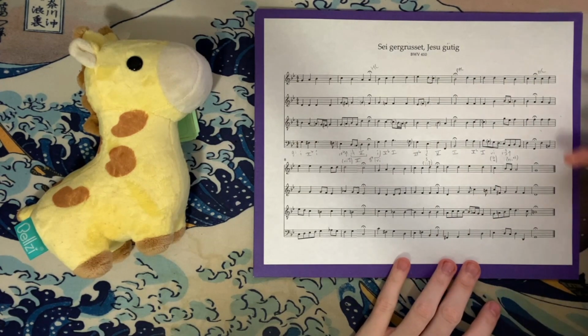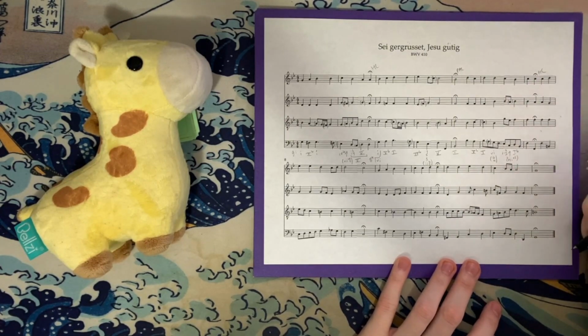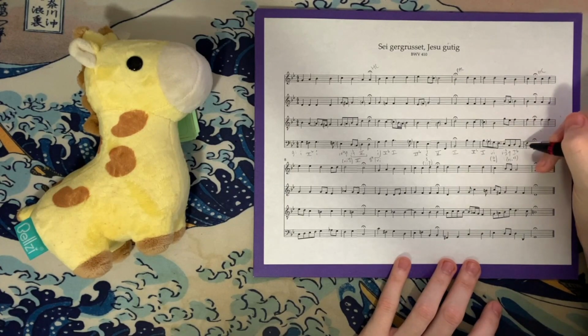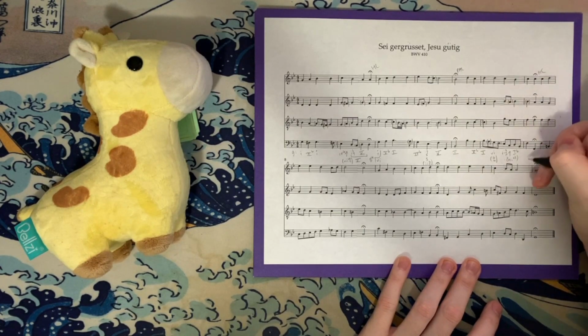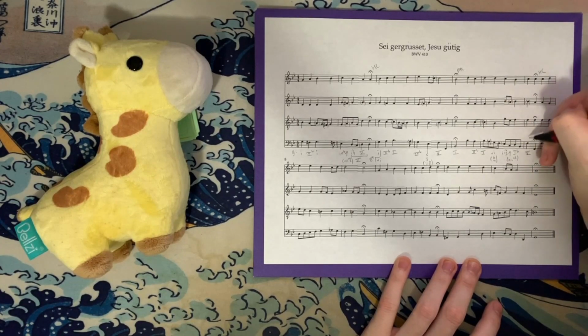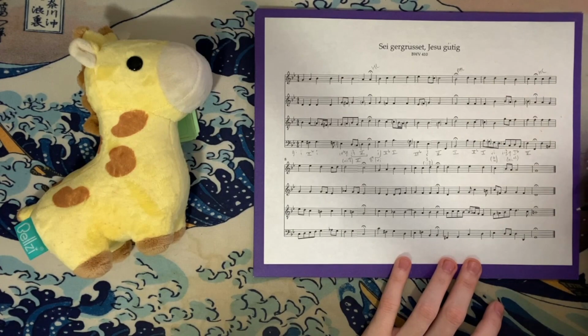But after our 7 6 chord, we have B flat, D, F, B flat, and B flat. So first inversion, our tonic triad, and B flat is a chord tone, so we don't have to mark it. And then our half cadence ends with another one of these sort of 4/3 suspension cadences going on here, where we have a 5 chord here, F, F, B flat, and C, that resolves down on the next beat, F,